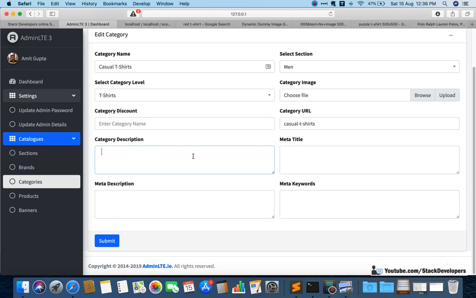Okay, this is the casual t-shirt category, having the variety of products of casual t-shirts of various brands.